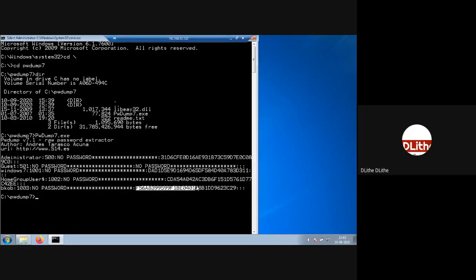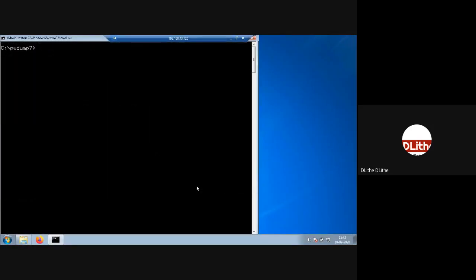Now, just by viewing the hash, you cannot do anything else. So let us export it into a text file so that you can move it to the hacker machine. Okay, how do I do that? Pretty simple. Use the same PWDump7 command, with the redirection symbol. The greater than symbol is also called redirection,